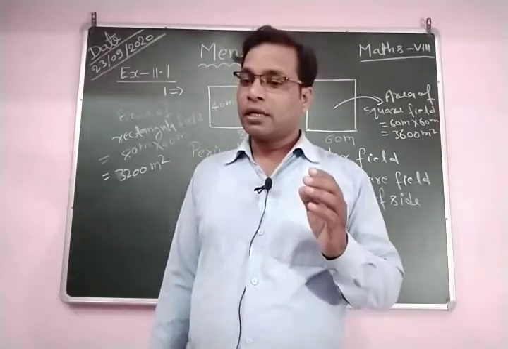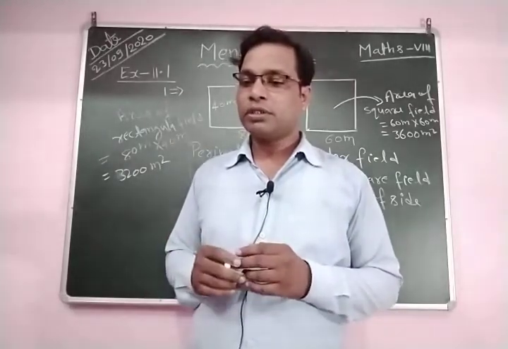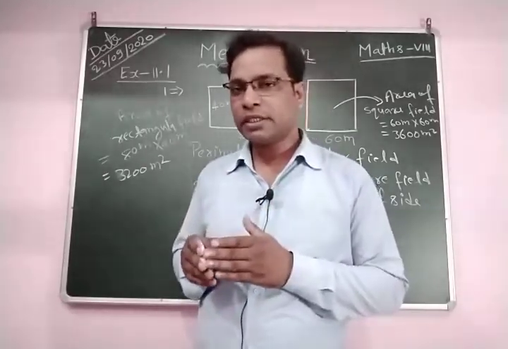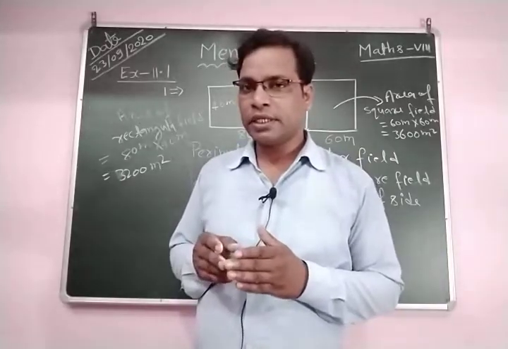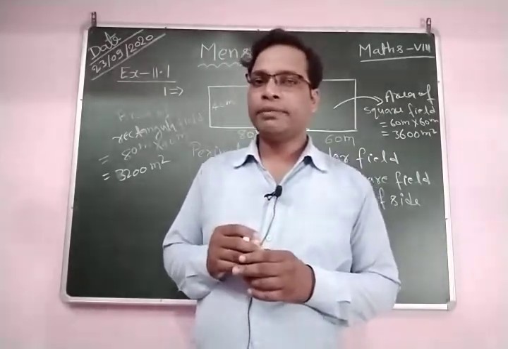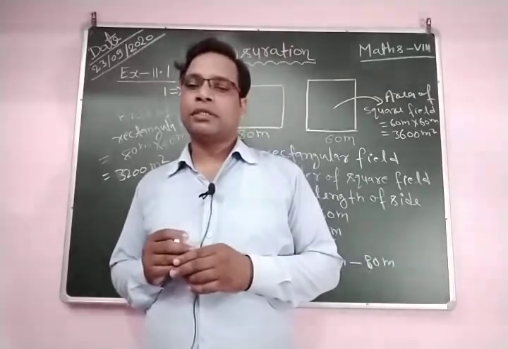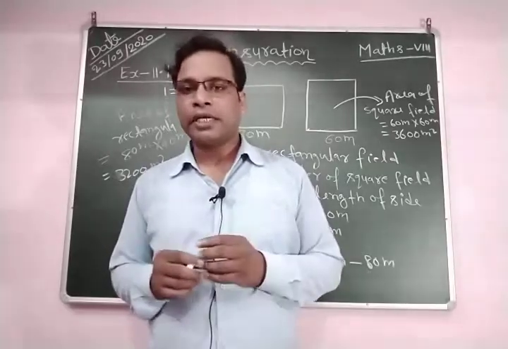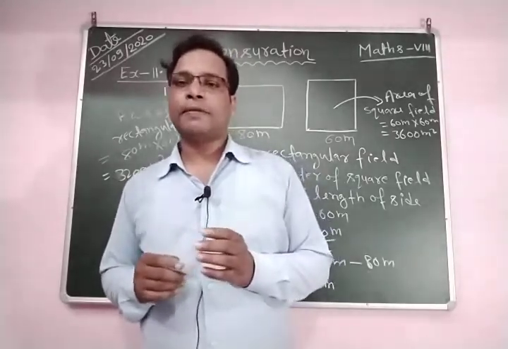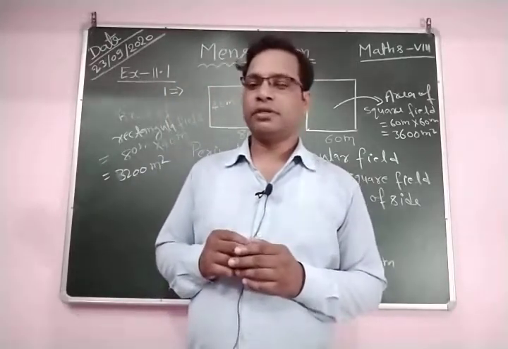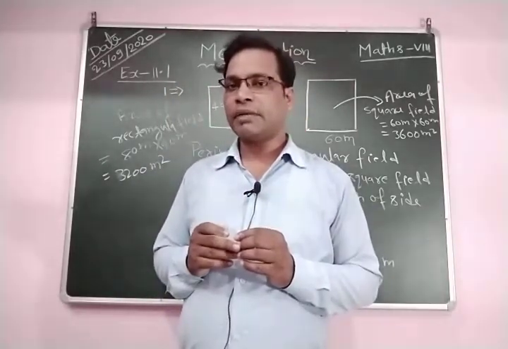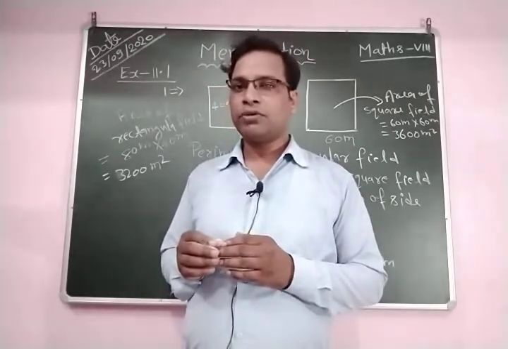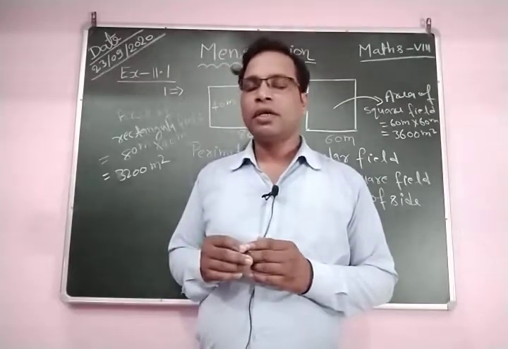And the dimension of the house is 20 meter into 15 meters. It means that the length is 20 meters and the breadth is 15 meters. So the area of the house is 20 into 15, which is equal to 300 meters. Okay, so what is the area of the garden? The area of the garden is equal to the area of the plot minus the area of the house. The area of the plot you find here is 625 meters and the area of the house you find is 300 meters. So 625 minus 300 meters is equal to 325.